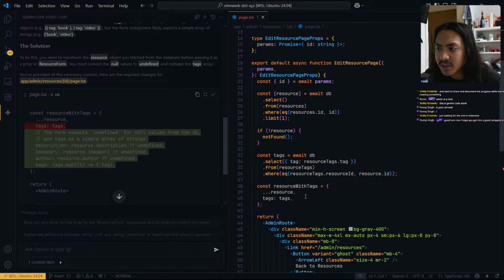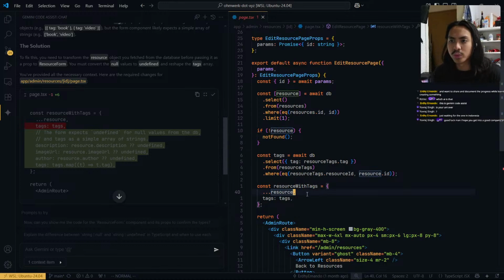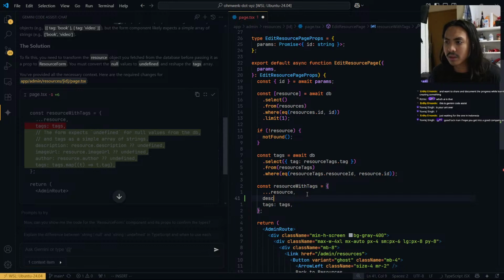The form expects undefined for null values from the DB and tag as a simple array of strings. Description. Okay, so we need to do that and then